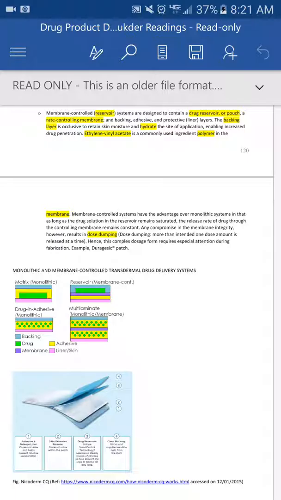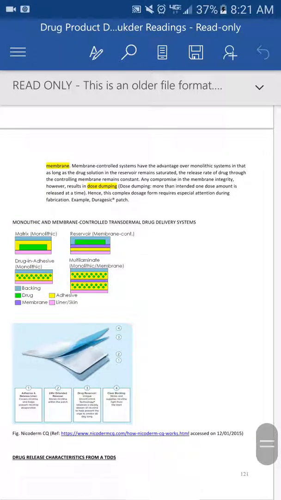So let's keep going through this though. The backing layer is occlusive to retain skin moisture and hydrates skin upon application, increasing drug penetration and absorption. Ethylene vinyl acetate is a commonly used polymer in the membrane. So, membrane-controlled systems have the advantage over monolithic systems in that